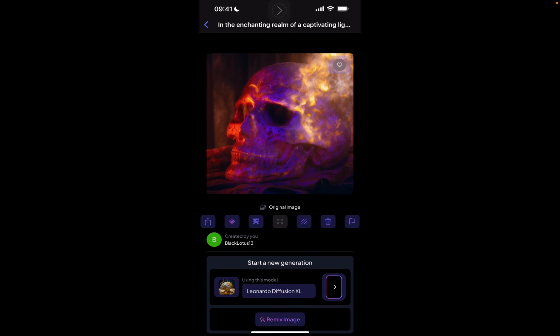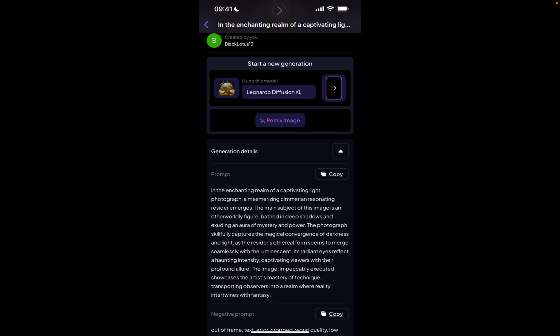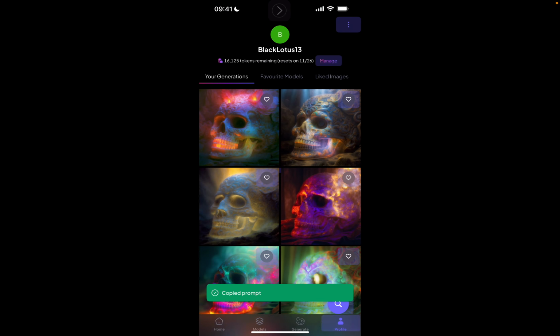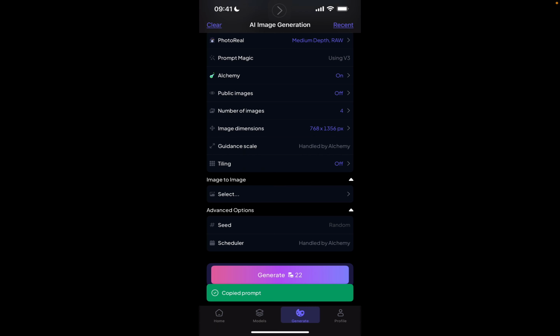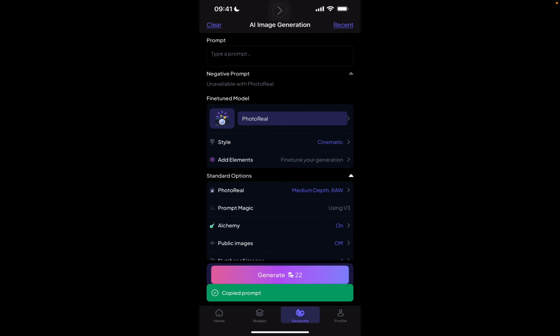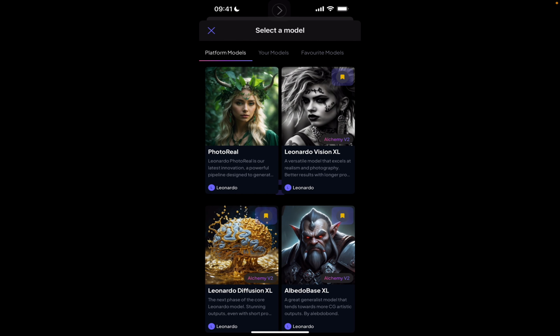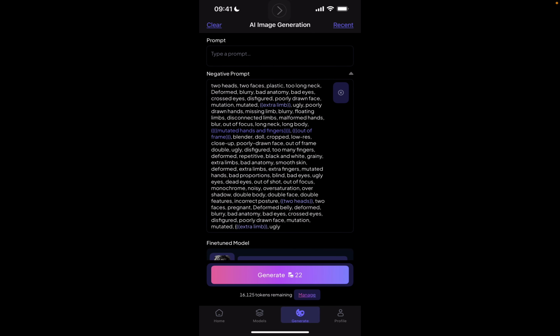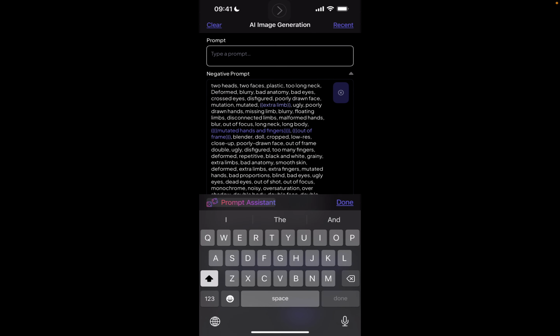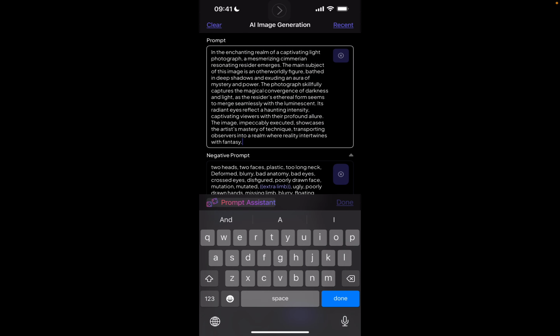That's what we're going to do today. So let me go ahead and copy this prompt. I'm going to take this, go back to generate. We're not going to use Photoreal. I'm going to turn Photoreal off. And instead, I'm going to use Vision XL for this video. I'm going to type in the prompt. And the only reason why I'm doing this is because,